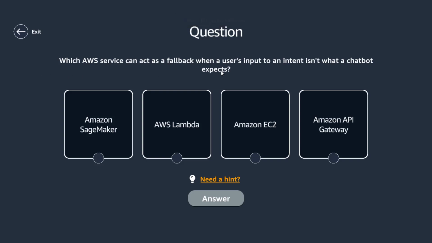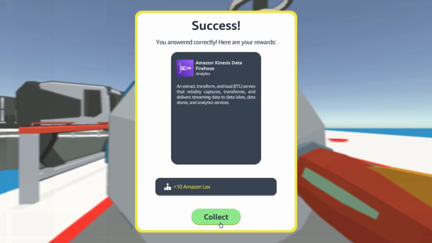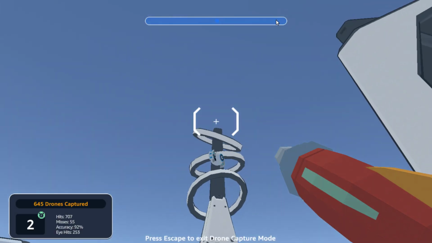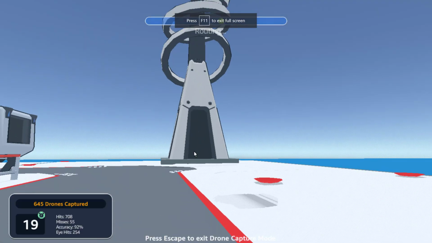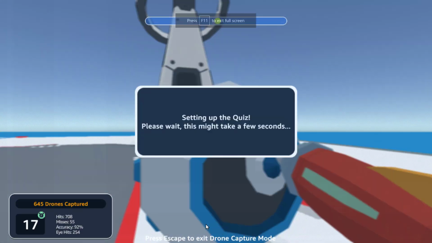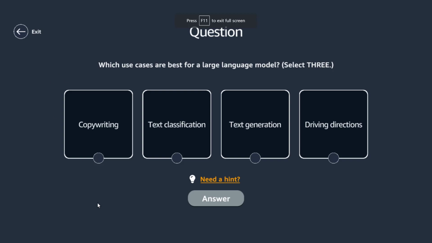Which AWS service can act as a fallback when a user's input to an intent isn't what a chatbot expects? Lambda. Which use cases are built for a large language model?